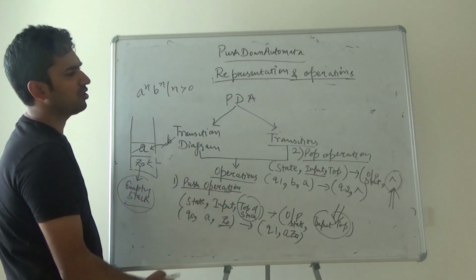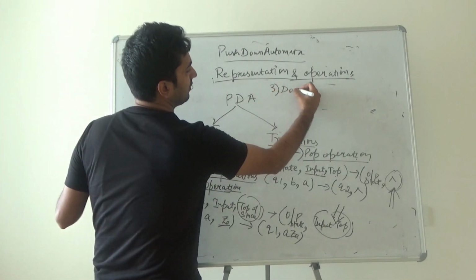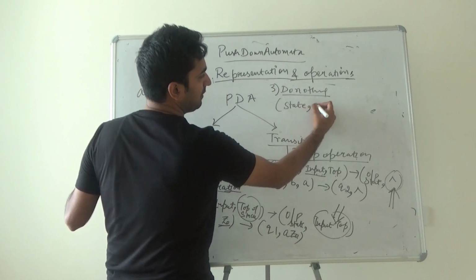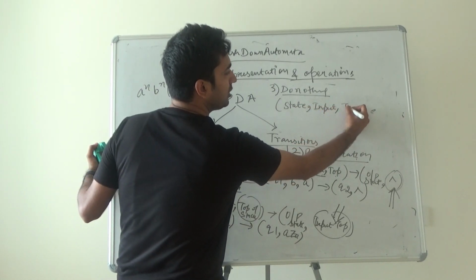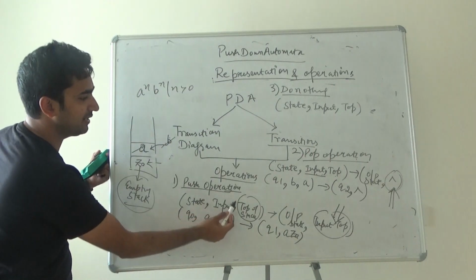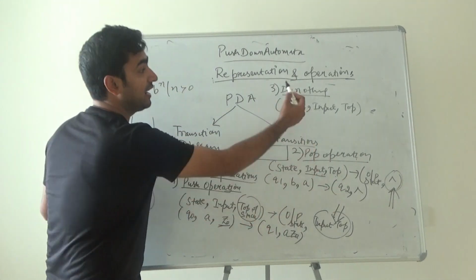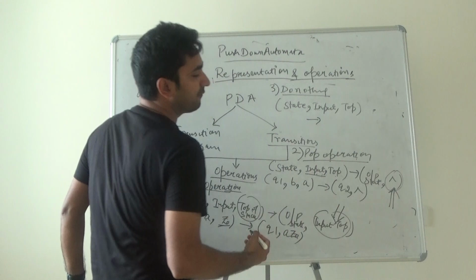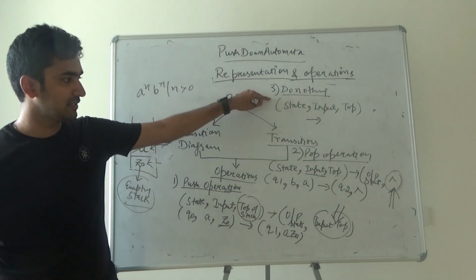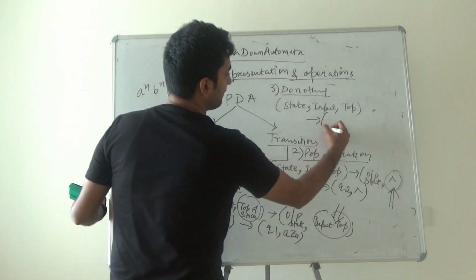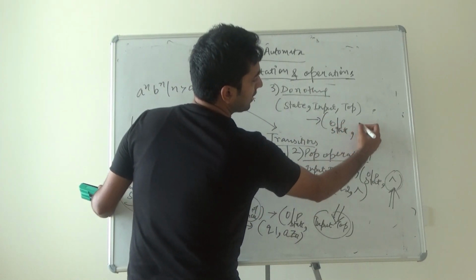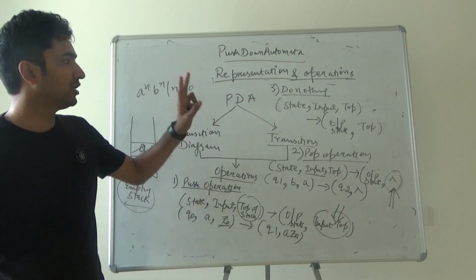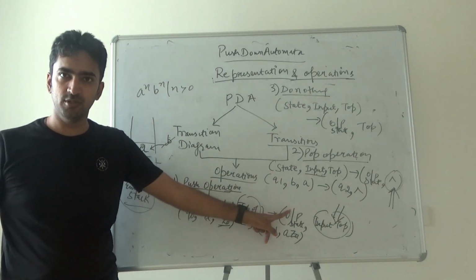And the last operation is do nothing. What do you mean by do nothing? Again, any state is there, it will be given any input, there will be any top. For sure, these three things, state, input, top, are the same. Now after this particular answer, obviously there will be an output state, but over here the answer would be top. If there is nothing happening, the answer would be top. So again, there are three things: state, input, top, and there will be an output state.